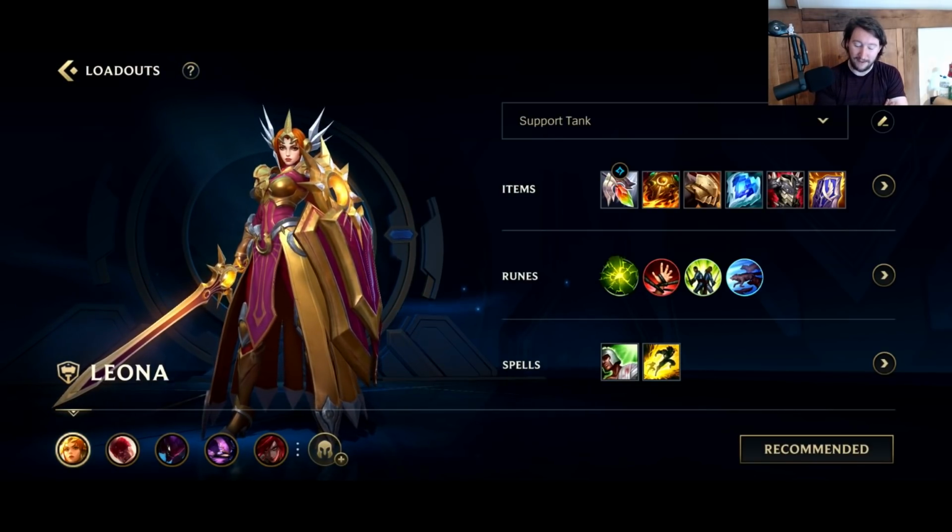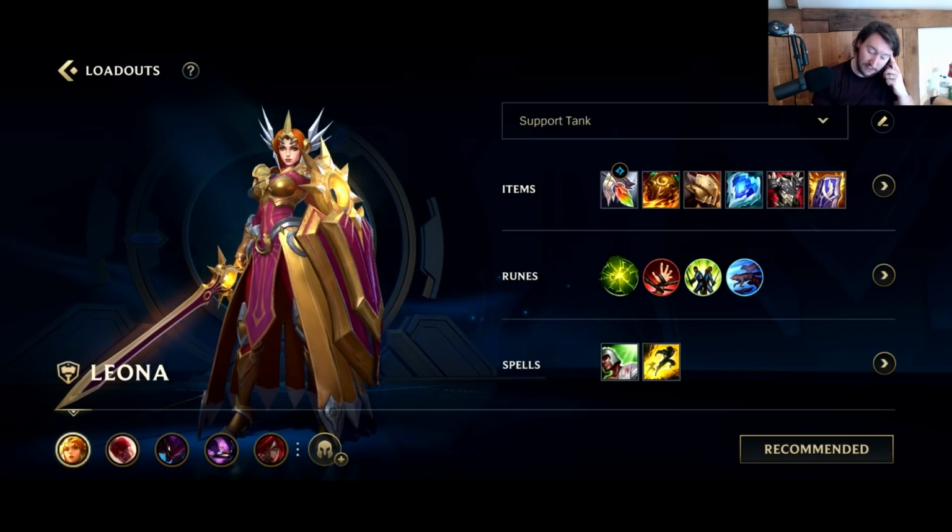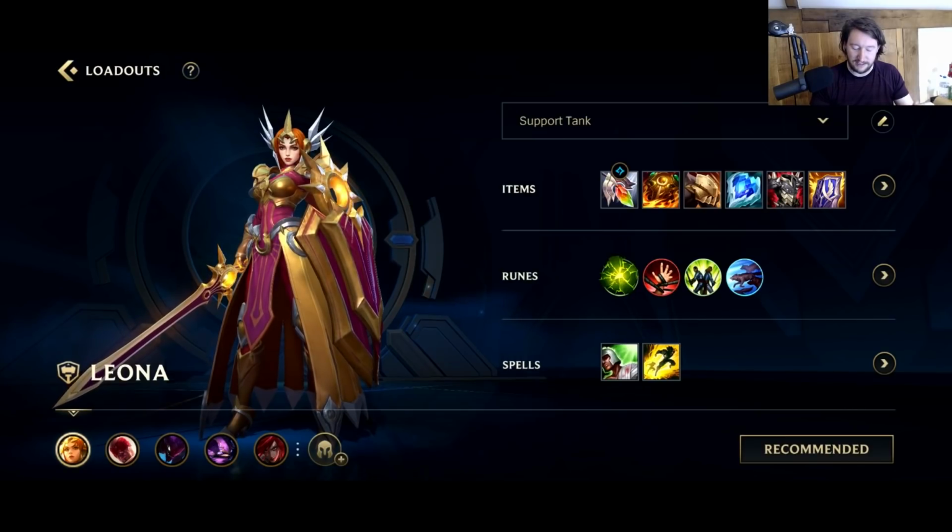Sunfire Cape, Deadman's Plate, loads of tanky stats, and again, as per usual, defensive support builds are very flexible. You could also go for Zeke's Convergence. I don't usually go for it, just mainly because I don't know if you get enough from the resistances, and I like to have